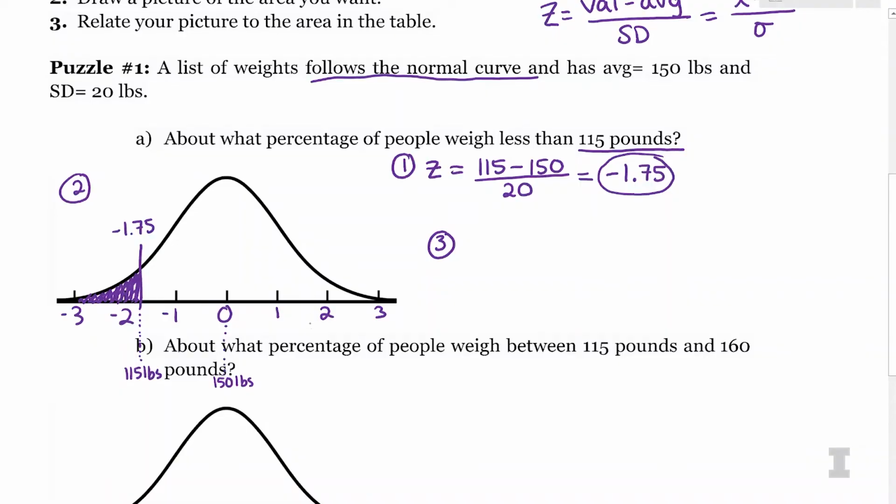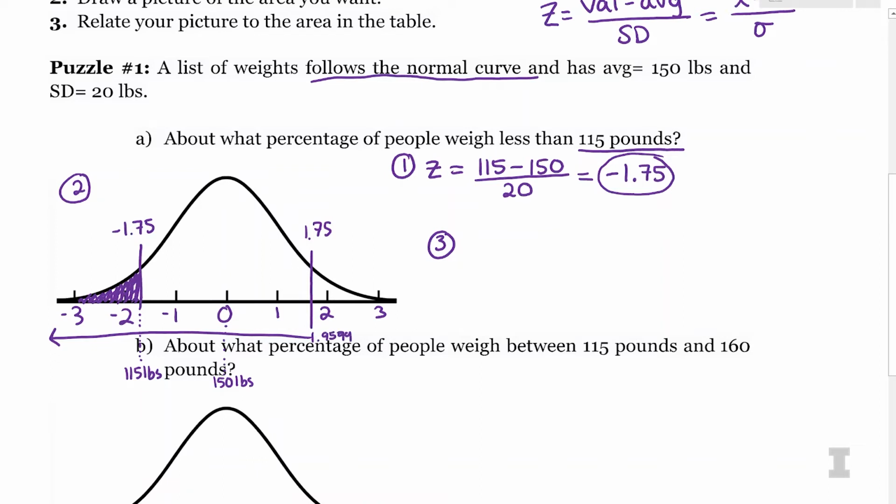If I look at my normal table that we have seen, it doesn't have negative numbers. So I would actually have to look at 1.75 on the normal table and then figure out how that percentile is going to help me answer this question. If I look up positive 1.75, that's going to give me the area to the left of 1.75, which is... do you have the normal table? Yeah, I just brought it up and I'm looking at the 1.7 row and going down to the 0.05 and I get 9599.